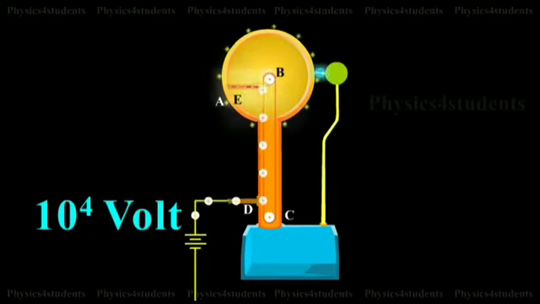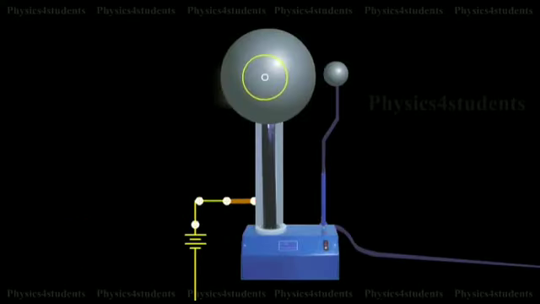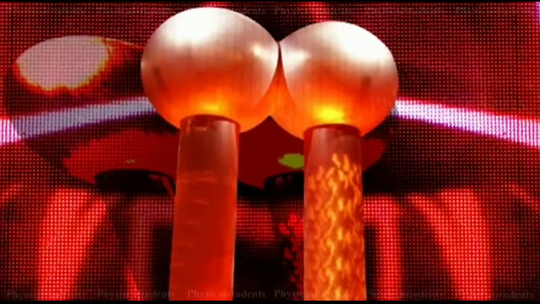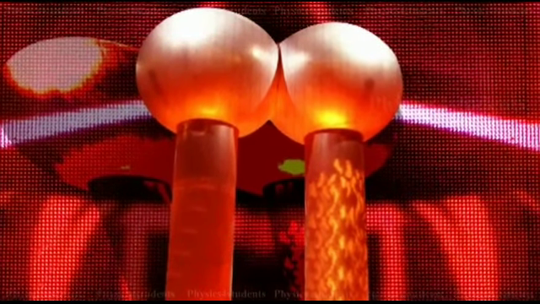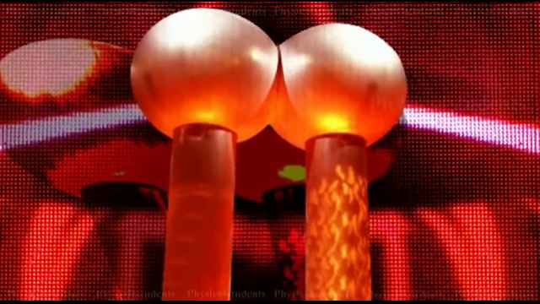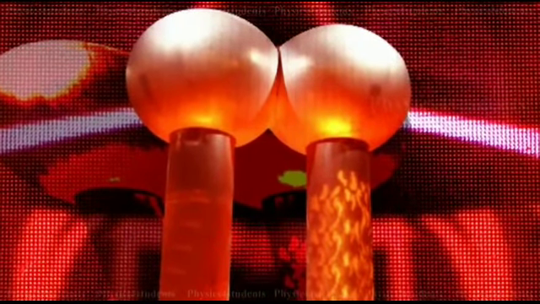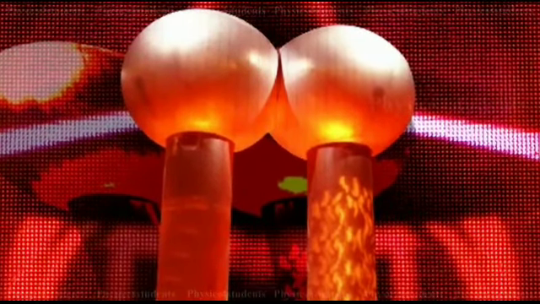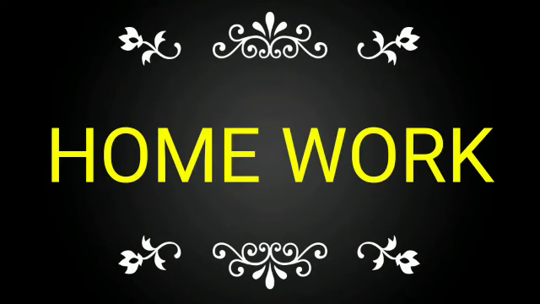At the same time, the negative charges nullify the positive charges on the belt due to corona discharge before it passes over the pulley. When the belt descends, it has almost no net charge. At the bottom, it again gains a large positive charge. The belt goes up and delivers the positive charges to the outer surface of the sphere. So the high voltage produced in this Van de Graaff generator is used to extract positive ions for nuclear disintegration and other applications. Okay students, today's topic is over.